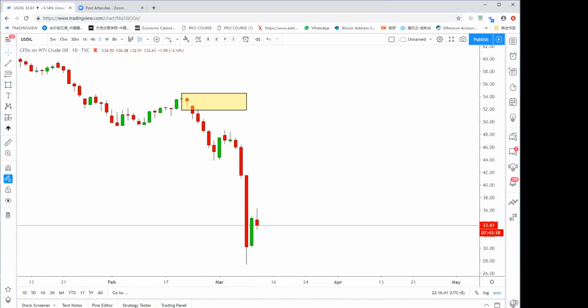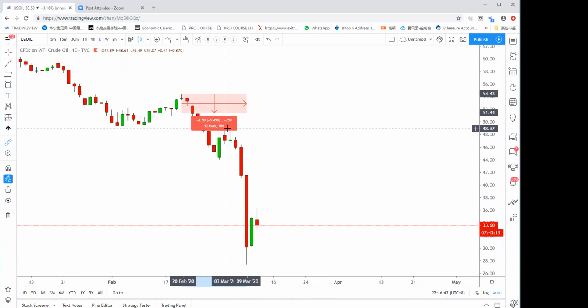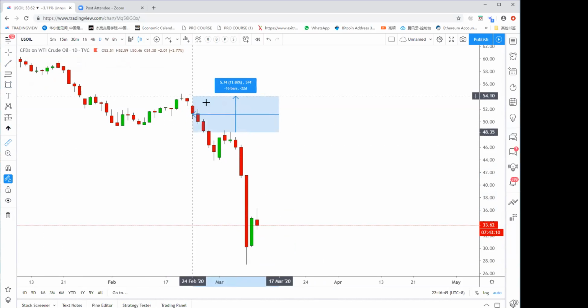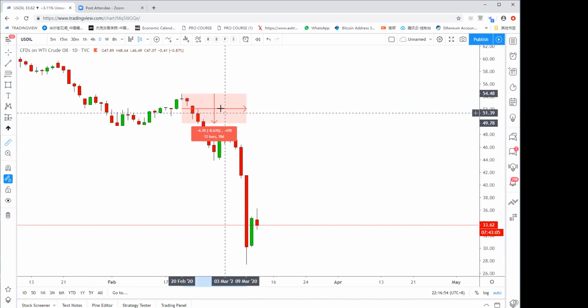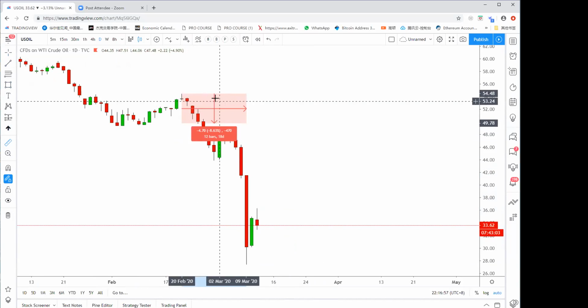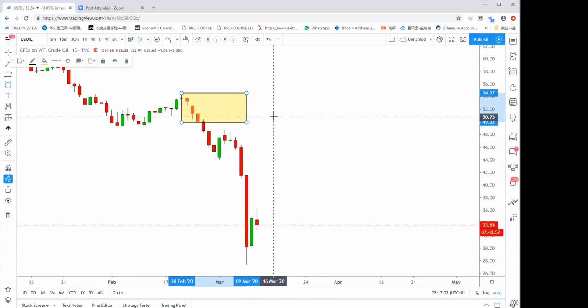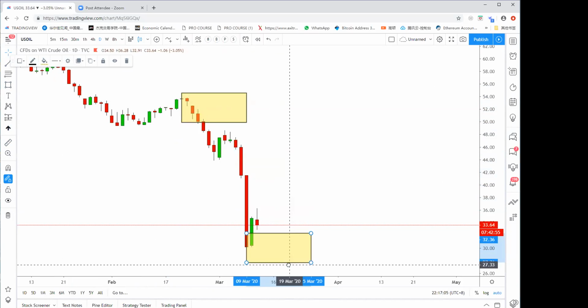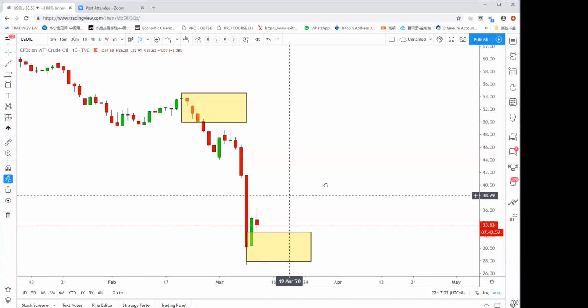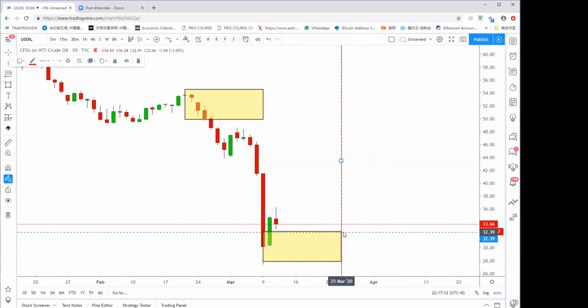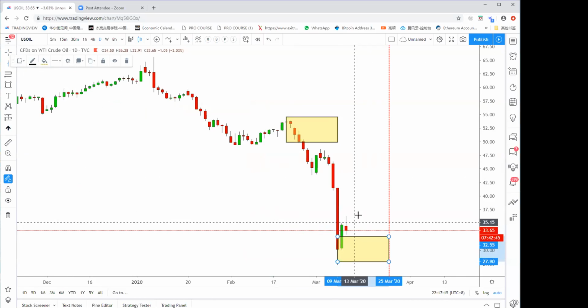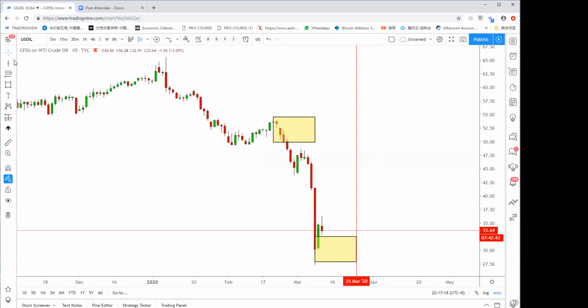It's about how many bars? Let me just count. From here to here, it's about 12 bars, 18 days. So 12 bars, 18 days down. It should take at least another 12 bars, 18 days, to complete the consolidation. So we can see that before the 25th of March, I think the oil is hard-pressed to break this downtrend